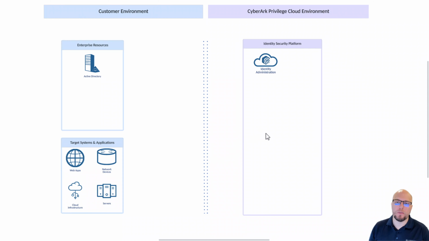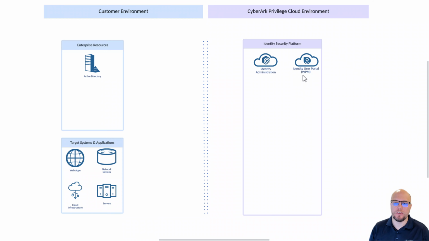And on the right-hand side of the screen here, I'll go through all the different CyberArk services that come with the CyberArk Privilege Cloud ISPSS platform. So we'll start off with the identity administration. This is a portal where you log in and configure all the policies and access controls to the platform. The identity user portal is where the end user can access their WPM passwords or any applications you've presented to